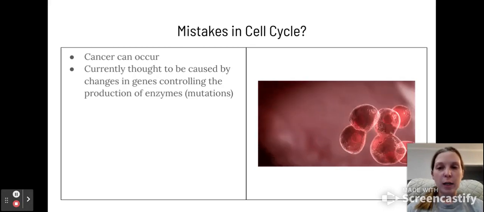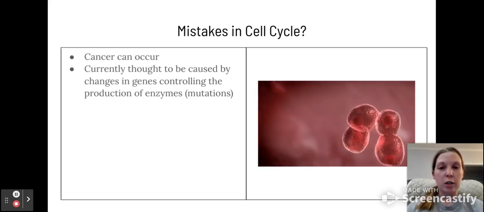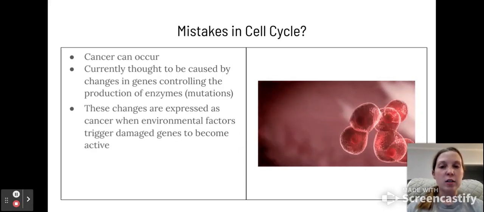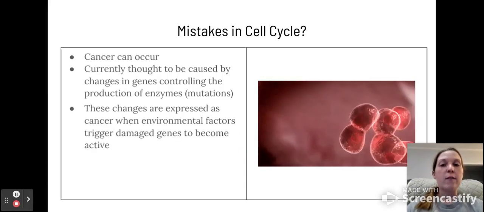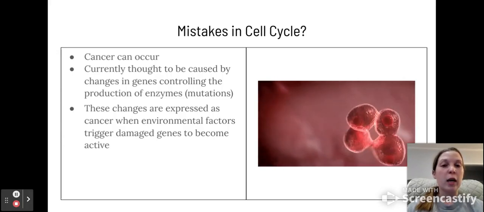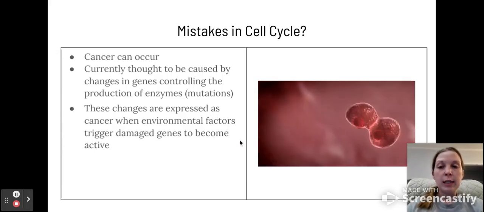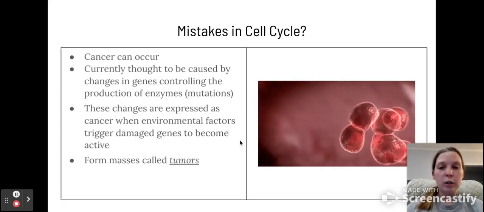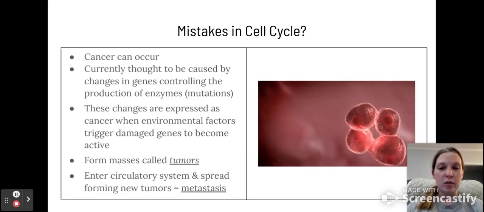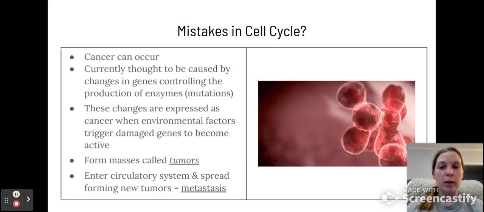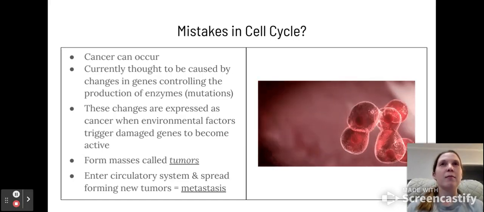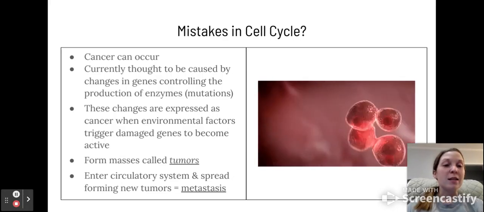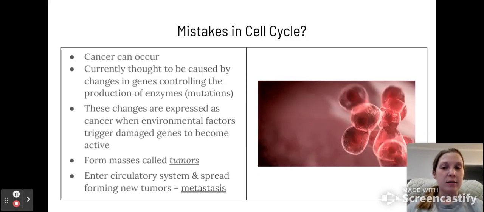So it's currently thought to be caused by changes in the gene controlling the production of enzymes, which is a mutation in the genes. These changes are expressed as cancer when environmental factors trigger damaged genes to become active and reproduce. They will form masses, which we know are called tumors. And then as they enter the circulatory system and spread, forming new tumors, that is metastasis. So if you've ever heard something has metastasized, that is this